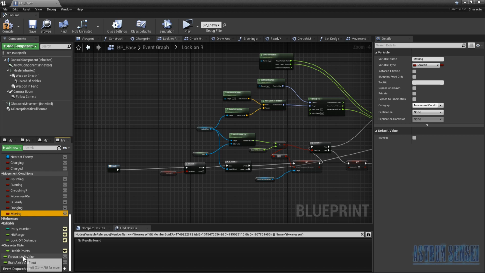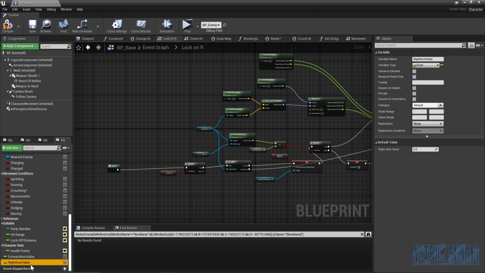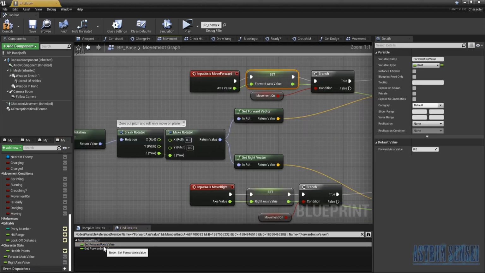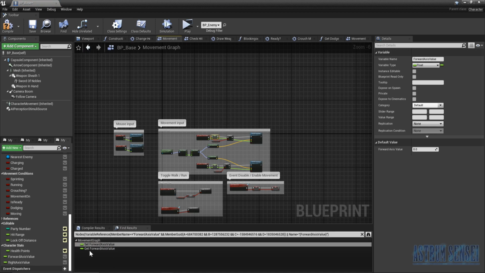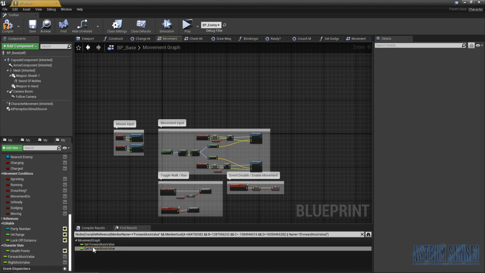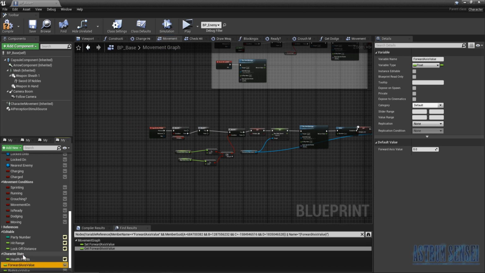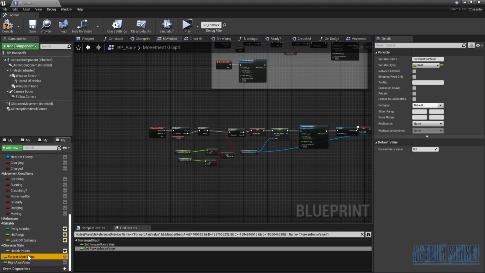We're gonna put them in the movement conditions. We have forward axis value and right axis value. Did we use those? I think we did in the previous video. Yeah, for the dodging over here. Okay, I'm gonna put them in the movement conditions also. So just place them there